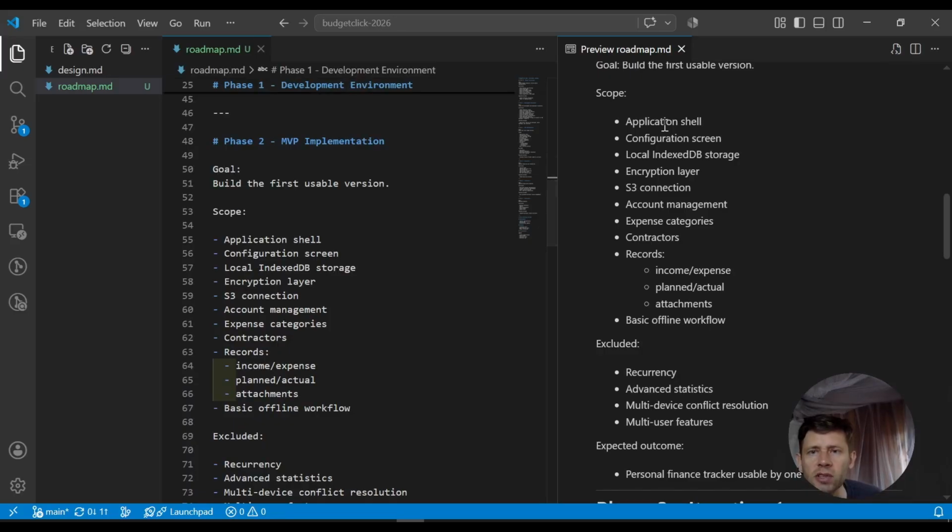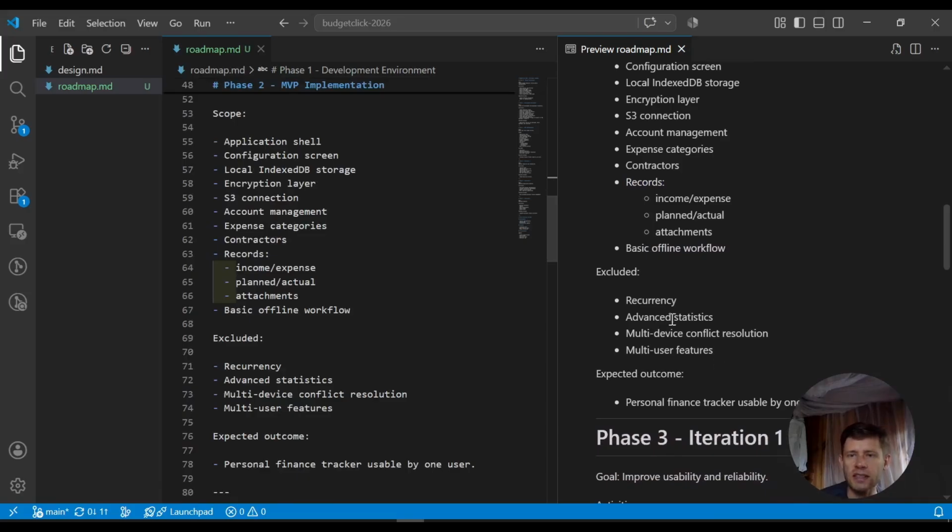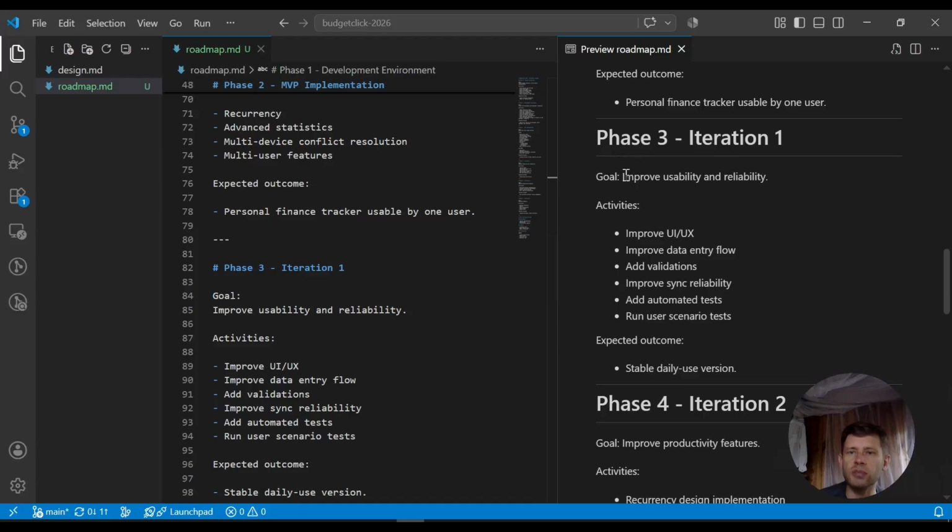Okay, application shell, configuration screen, local IndexedDB storage, encryption layer, S3 connection, account management, expense categories, contractors, records, income expense, planned actual attachments, basic offline workflow. Excluded: recurrency, advanced statistics, multi-device conflict resolution, multi-user features. Expected outcome: personal finance, usable by one user. Good. Phase 3, iteration 1: improve usability and reliability. Activities: improve UI UX, improve data entry flow, add validations,